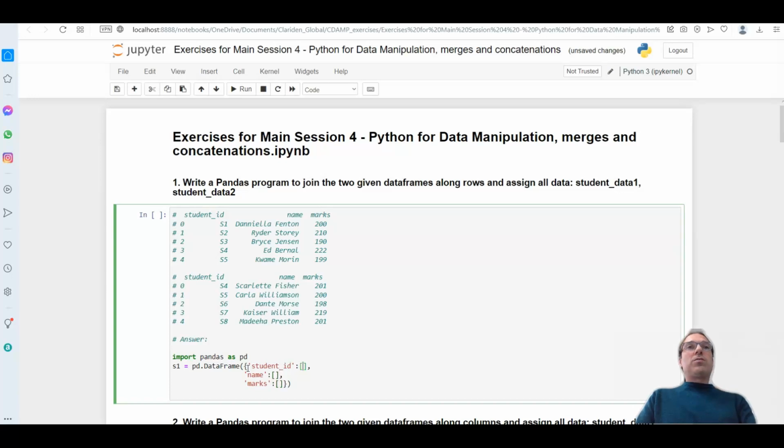And the list of values that we're gonna get for student ID is S1, S2, S3, and S4, S5. Next, the names would be